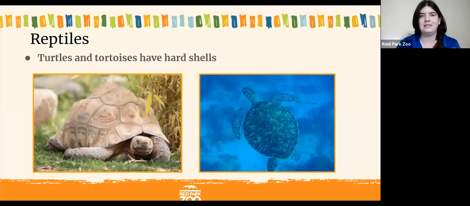Then the next group is the turtles and tortoises. So turtles and tortoises all have shells to protect them. A lot of people, like they show in cartoons, think that turtles and tortoises can jump out of their shell or remove their shell, but that's actually a common misconception. Turtles and tortoises, their shells are actually their spine and their ribs that are kind of fused together to form that shell. And their shells are very important because they can use them to camouflage and hide in their environment, and they can also use their shells to protect them from predators.